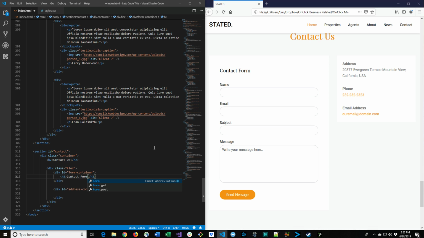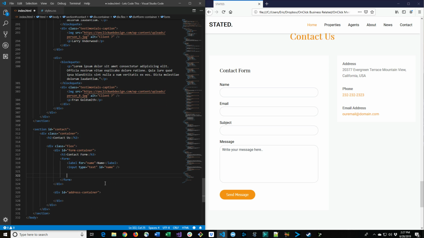Underneath the H3, let's create the actual form. So we'll create a form tag. We'll create a label with a for attribute equals name, and then content of name. Underneath that label, we'll put the actual text box. So input type equals text, ID equals name. And let's copy and paste this a few times because we have name, email, subject. So name, email, subject. Let's update this to email,